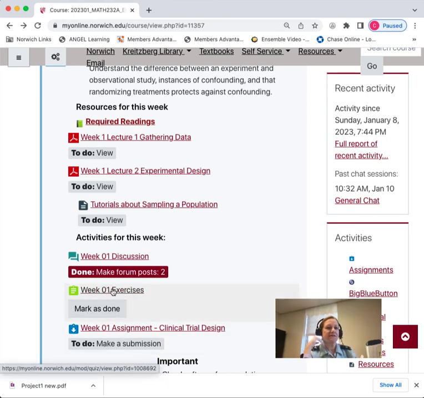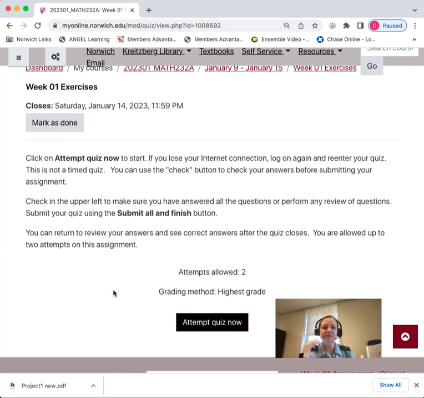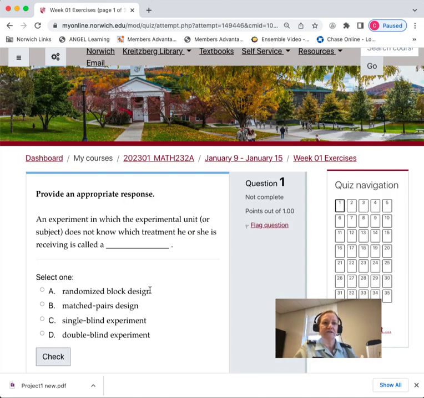What is the difference? The exercises, if you click in those, it looks like it's a quiz, and it says attempt quiz now. That's just the way Noodle sets things up. But this is untimed. The only time requirement is that you finish it by, in this case, Saturday the 14th. You go into attempt quiz now, and I would do this early in the week. And as you go through the reading, you can work through these problems. This week there are a lot of multiple choice. Next week and future weeks there are more with calculations and graphs that you need to generate from Minitab.